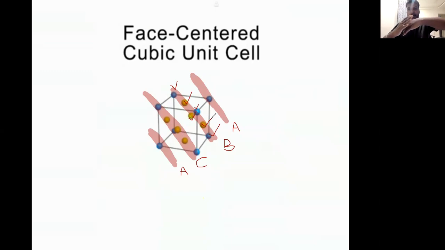First layer, second layer, third layer, fourth layer. The first layer is A type, all of these are A atoms. Next layer, all of them are B atoms. Third layer is C atoms. Fourth layer is again A atoms. So if I cut them properly from all different directions, I will get a pattern of repeated units, what we call the FCC unit cell. So I think this point is clear to all of you. So what is happening?